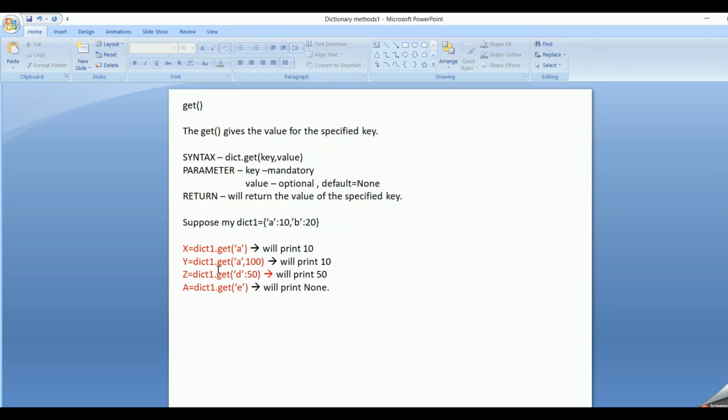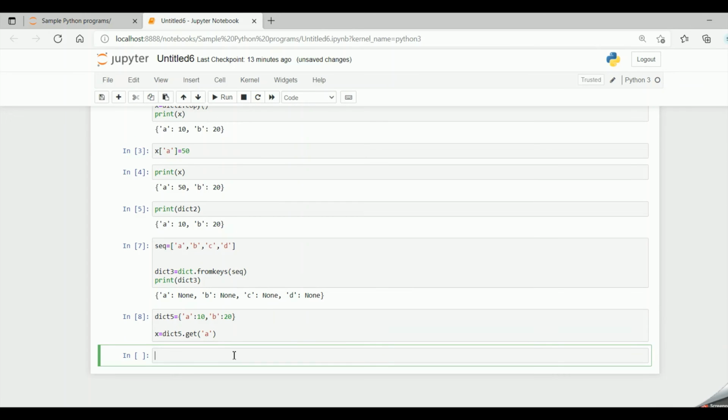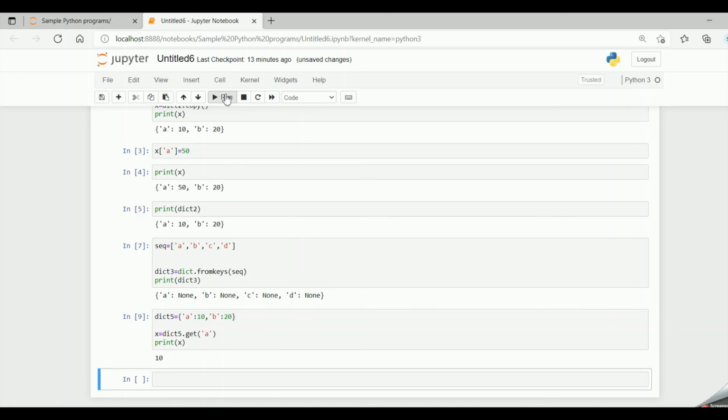And now if I say x equal to dict5.get, and I give an existing key, that is A. Now when I run the code, and now if I say print x, it will give 10 as the value.